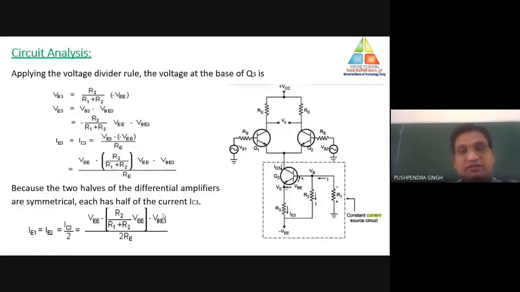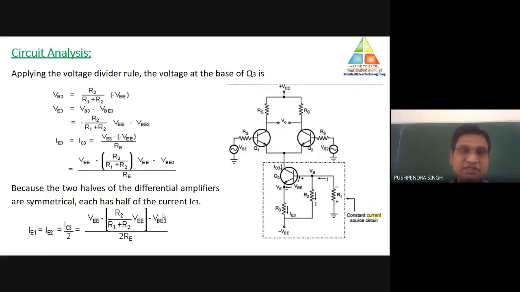voltage of the transistor. And the transistor is affected by temperature. If the temperature is increasing, then the base to emitter voltage of the transistor will change. If the temperature is constant, then the emitter current will be constant. But if there is a change in temperature, then the base to emitter voltage will change, and then the current will not be constant. The value of current will change.